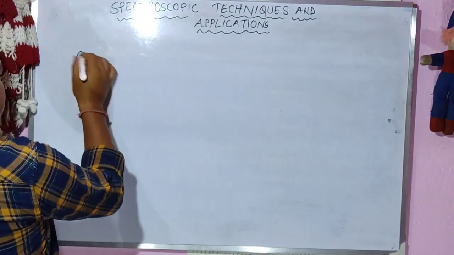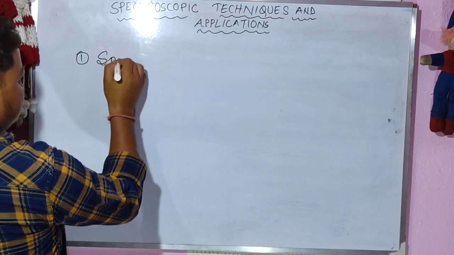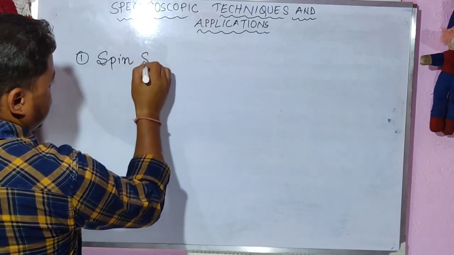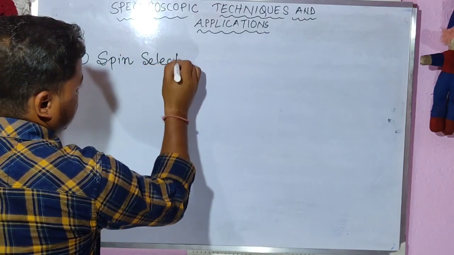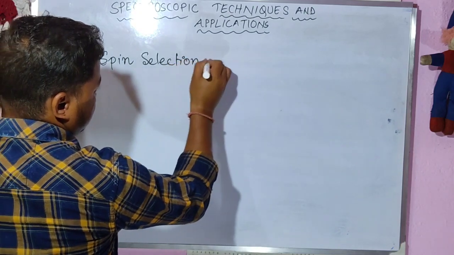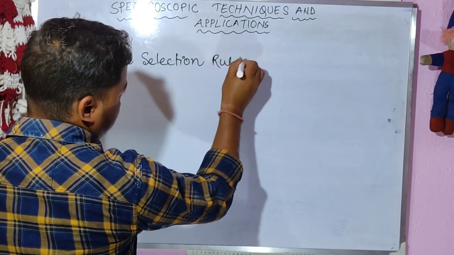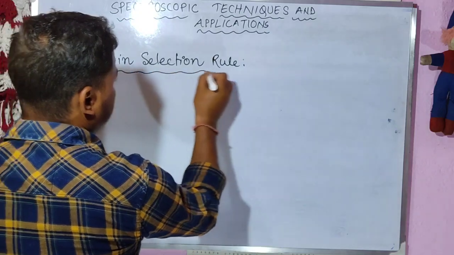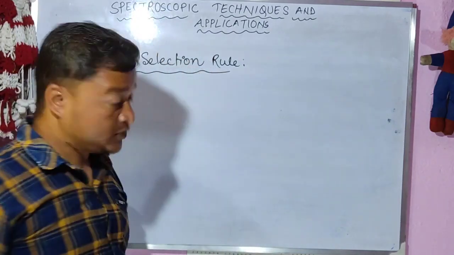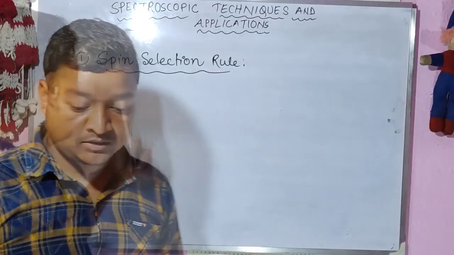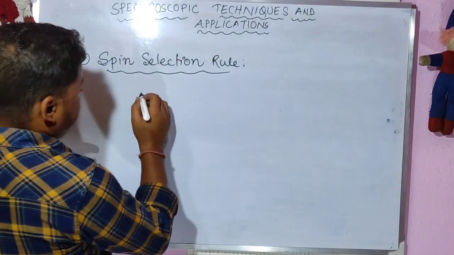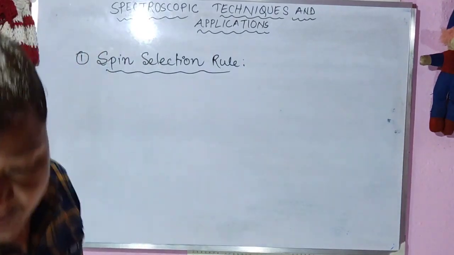First is the spin selection rule. So, what is the spin selection rule? The spin selection rule is: